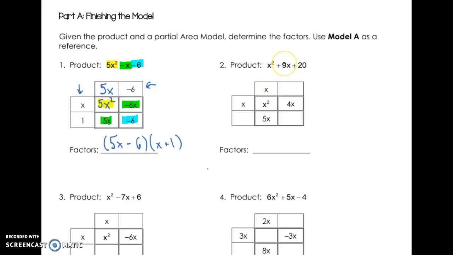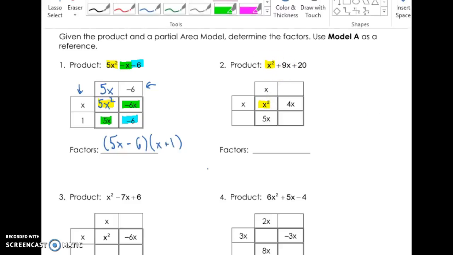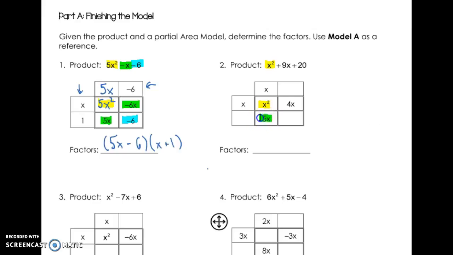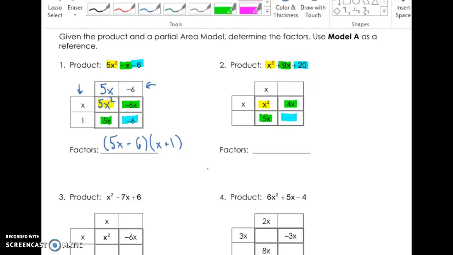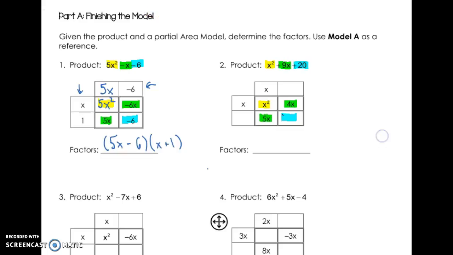All right, so number two, we're giving you some different information, but the same type of structure. That first term, x squared, is right there in that first spot in the box. We know that 5x and 4x together is going to give us 9x. So the last thing we're looking for is this number right here. According to our original product, that number should be 20. In order to make that 20, we want to know what numbers multiply to give 20. There are a lot of different options here. We can do 1 and